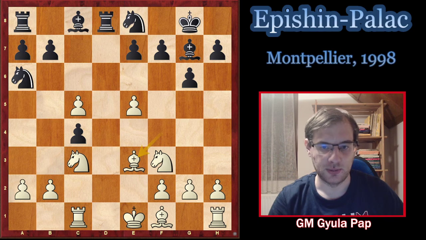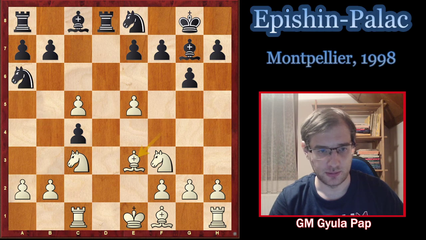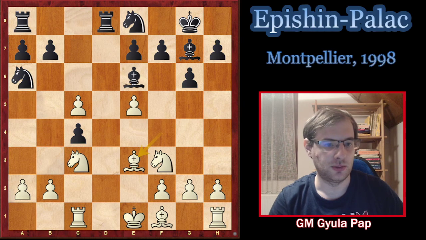So bishop e3 was played, and knight b4. This move was a novelty at the time of the game. Basically, this move is saying that black doesn't want to take on c5, but looks for some other type of active counterplay. So let's see what happens if black plays the most natural move, bishop e6,